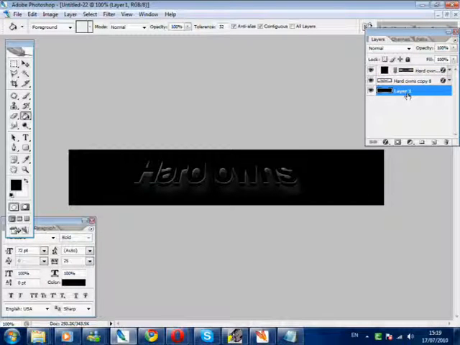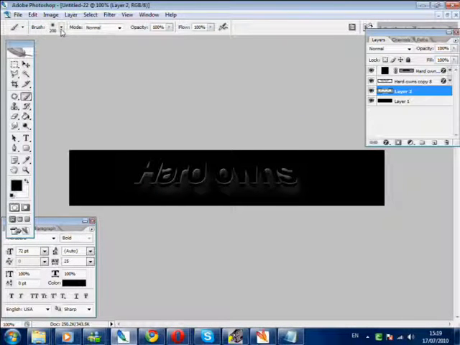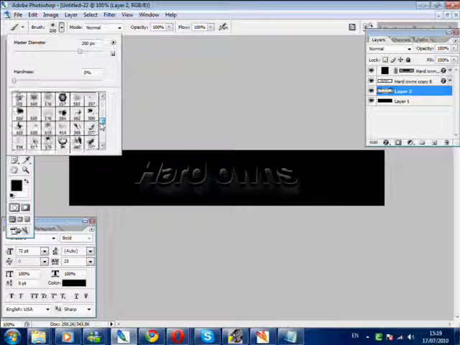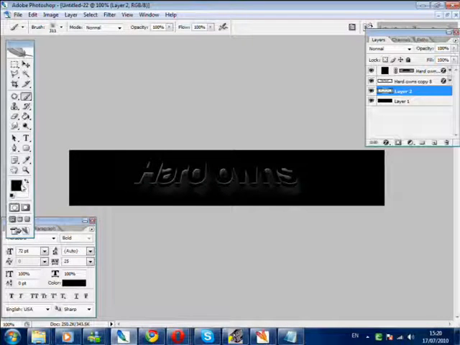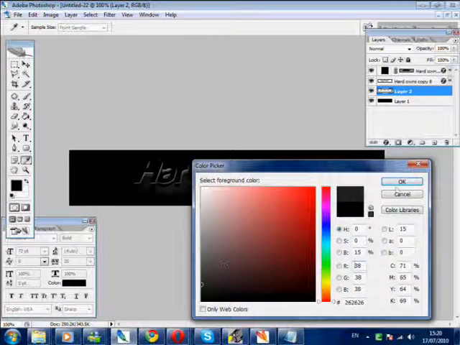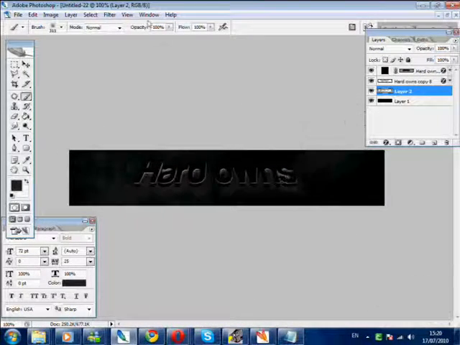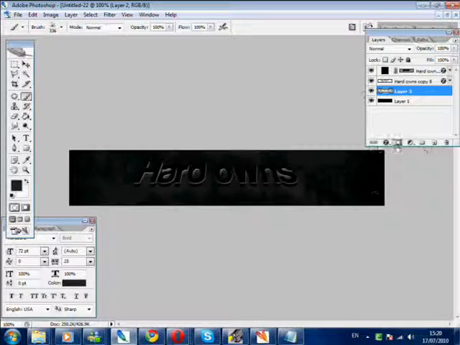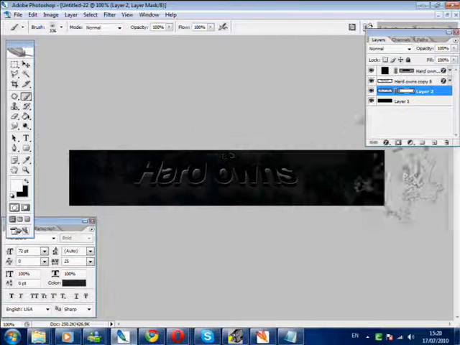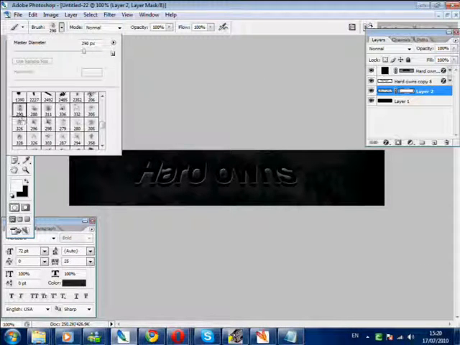Right, now we want to create a new layer just above the background layer. We want to take a nice, simple, grungy brush. There's millions of these online, guys. Just download them from anywhere. You won't be able to tell a big difference. Just brush a little bit. You should be able to see a little difference, but it's not going to make drastic changes. This is just to add a bit of a